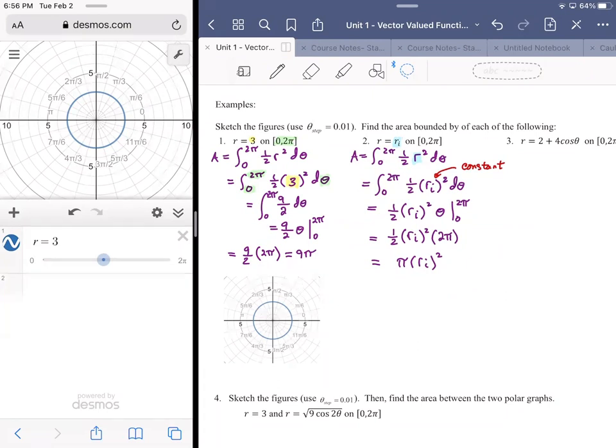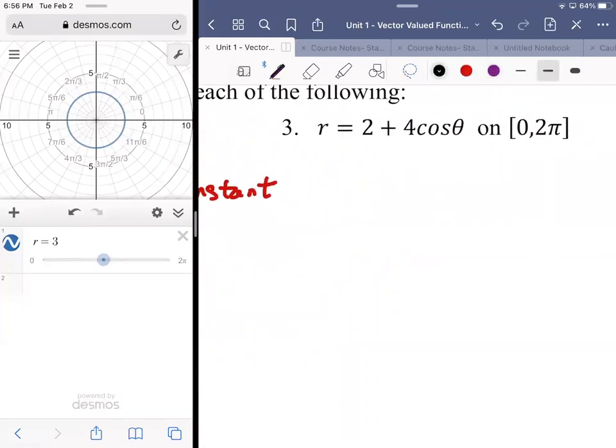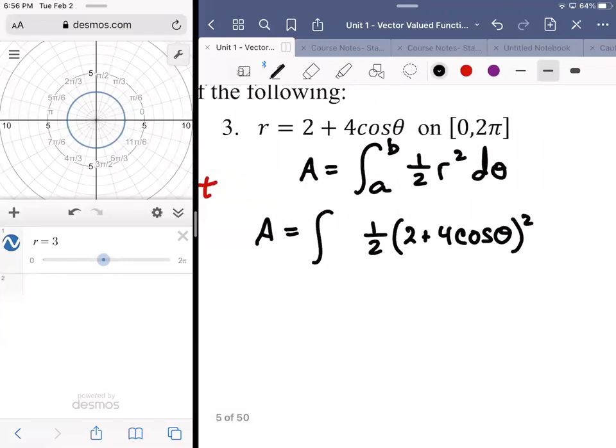So we could still follow the model of area being equal to integral over a to b, or alpha to beta if you like, r squared d theta. We can do our substitution. I'm going to hold off on that 0 to 2 pi. I'm going to leave it boundless for a second. I'm going to put the 2 plus 4 cosine theta squared in there, d theta,